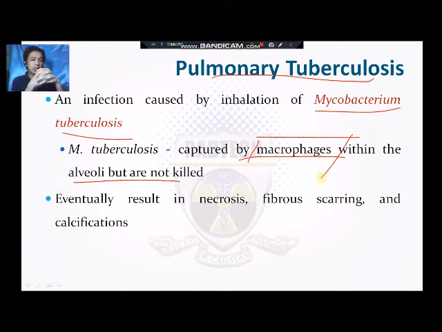Basically, they are just enclosed. Sometimes they are enclosed in a small capsule, and then they will be delivered towards the lymphatic system in order for the other macrophages to kill off these bacterial infectors. Okay, but sometimes, if they are not eaten by the macrophages in our alveolar system, it's the Mycobacterium tuberculosis itself that surrounds itself with its own capsule, and then it just stays in our lung fields. And then if ever